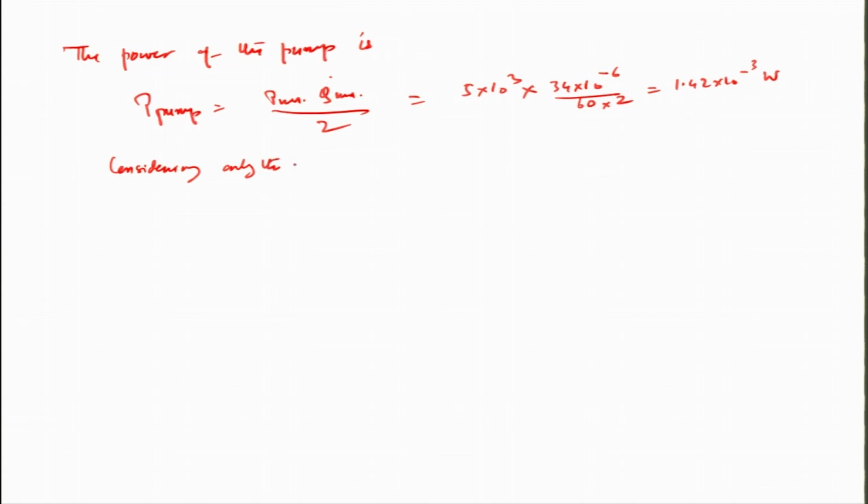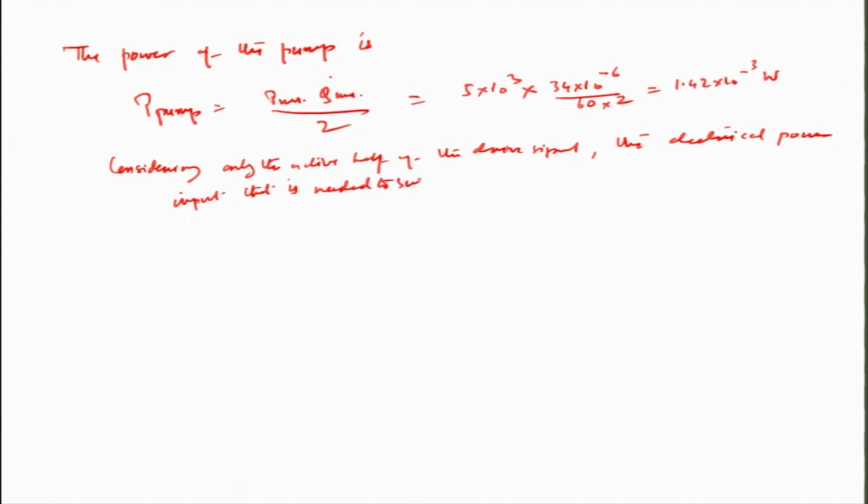If we consider only the active half of the drive signal, which is a square wave as I told you, the electrical power input that is needed to sustain such a drive signal across a resistance which is given will actually be what is needed for the actuation of the pump. So, P actuator is exactly half V square by R,